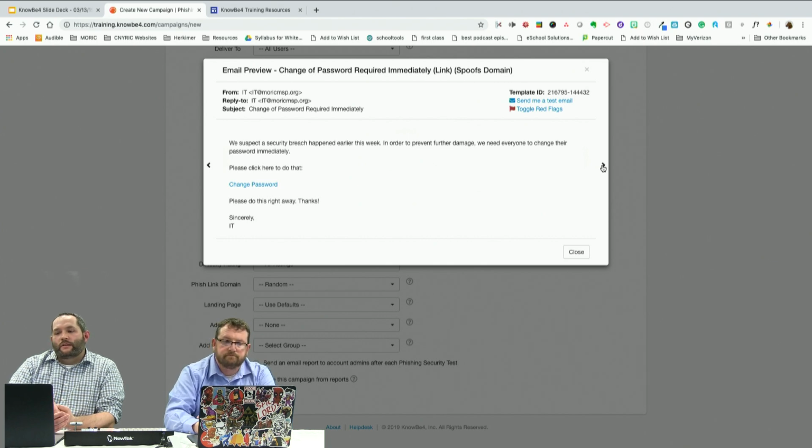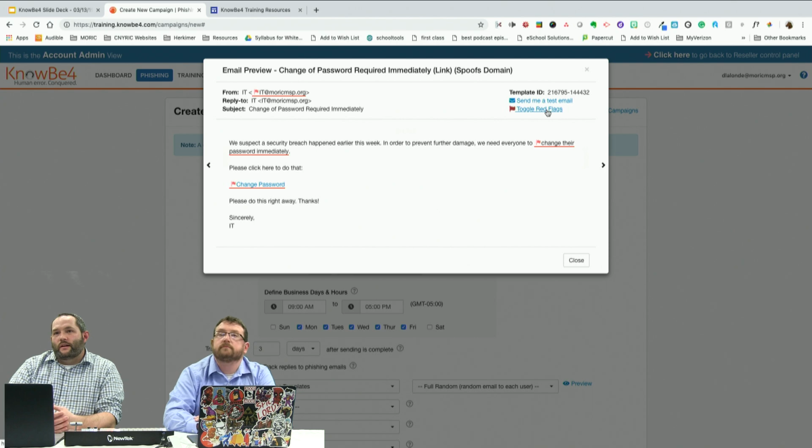The nice thing as an administrator is you have two options in the top right hand corner. One is you can actually send this directly to yourself immediately. So I could have it send me a copy of this email. It comes right into my inbox, and then I can see actually what it looks like in an email client. And then the toggle red flags allows you to see, this ties into the training modules,